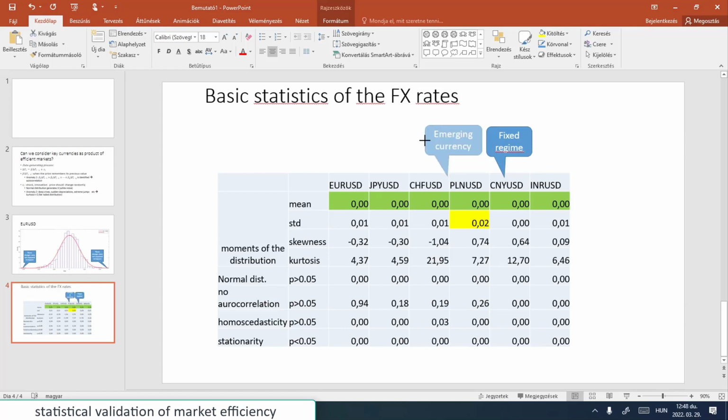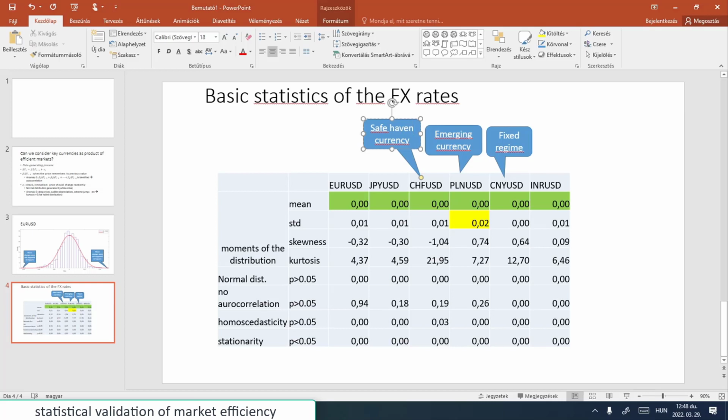Still considered as an emerging currency. And still we can say that one specialty here, because that's why we added it, is that this one is a safe haven currency. Safe haven assets are always appreciating and increasing their value if there is increasing uncertainty in the market. So that's why they are special. Safe haven assets like gold or Swiss franc, or sometimes Norwegian or Danish krona, have similar behavior.